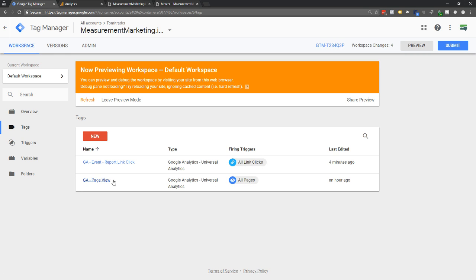And honestly, this is kind of how most of our implementations go. We start with a page view tag, then we come in and we automatically put in event tracking so we can see what links are actually being reported, so that we can start to segment out behaviors and fire different pixels to different platforms and all of that based on those behaviors, and setting goals based on those behaviors, right? So there's amazing things that you can do with this. The sky is the limit. Now it's just time for you to go forth and practice.